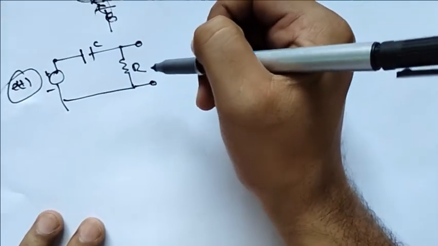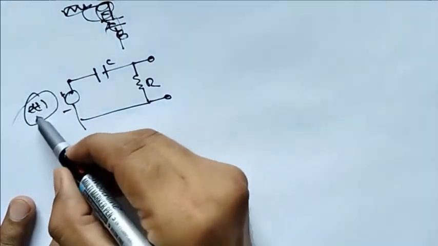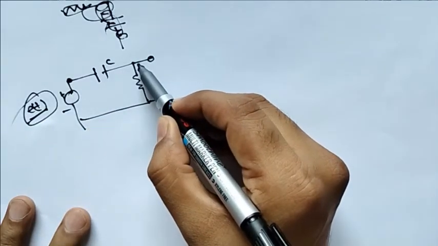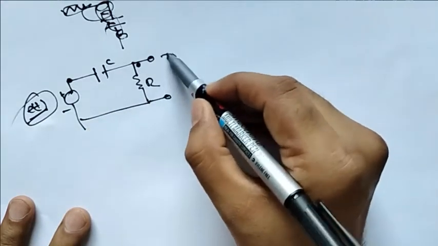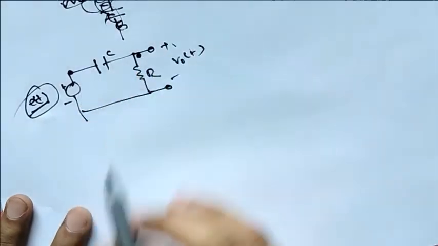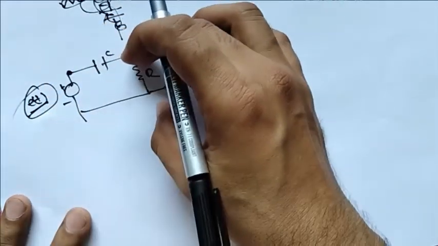But if we take the Laplace, then it is easily we can do it. Now see, this is E(t) that we have applied and we want to calculate the voltage over here. Suppose this is V0 of t. Now we need to calculate. Now this is your potential divider, and moreover the current over here will be same as current over here.